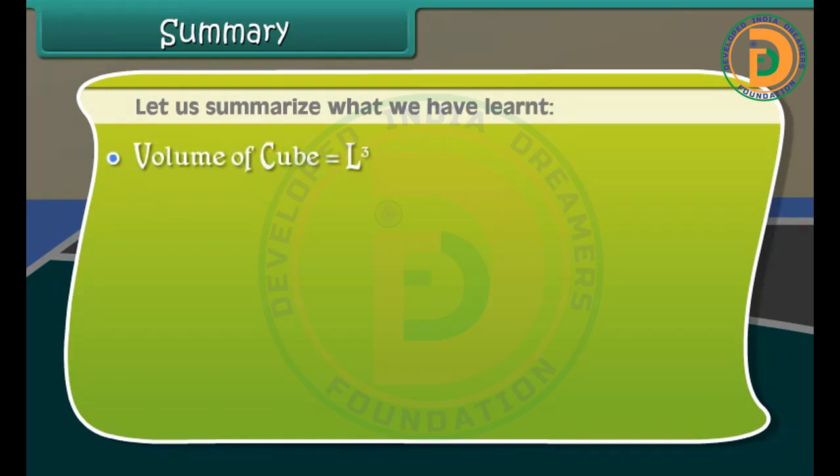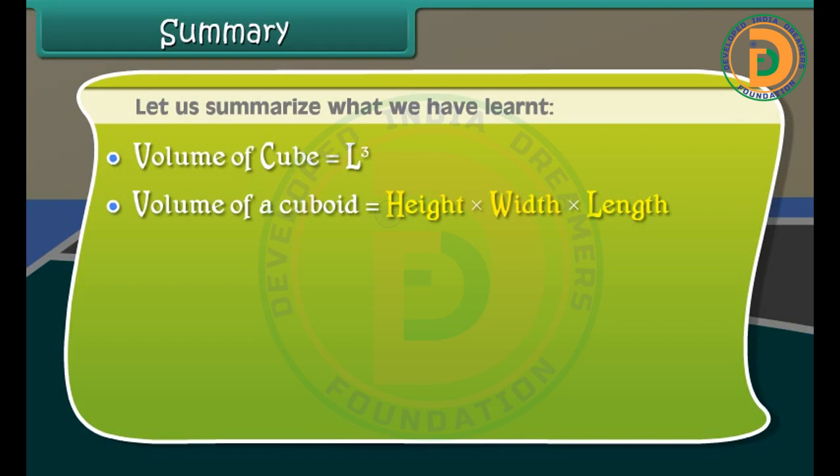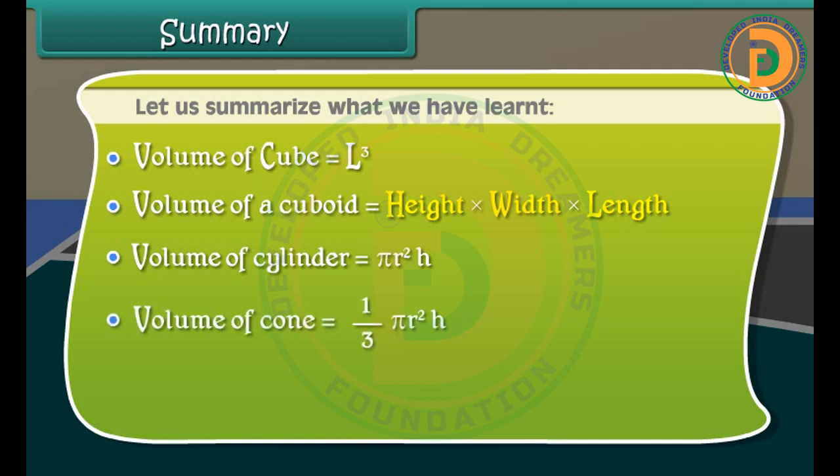Volume of cube is equal to L cube. Volume of a cuboid is equal to height into width into length. Volume of cylinder is equal to pi r square h. Volume of cone is equal to 1 over 3 pi r square h. Volume